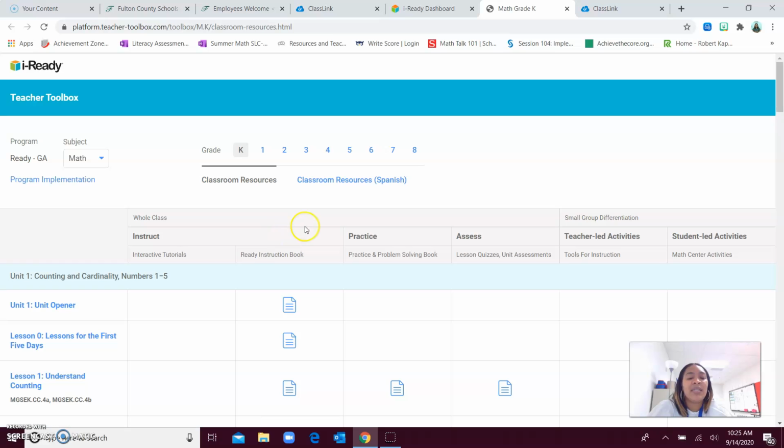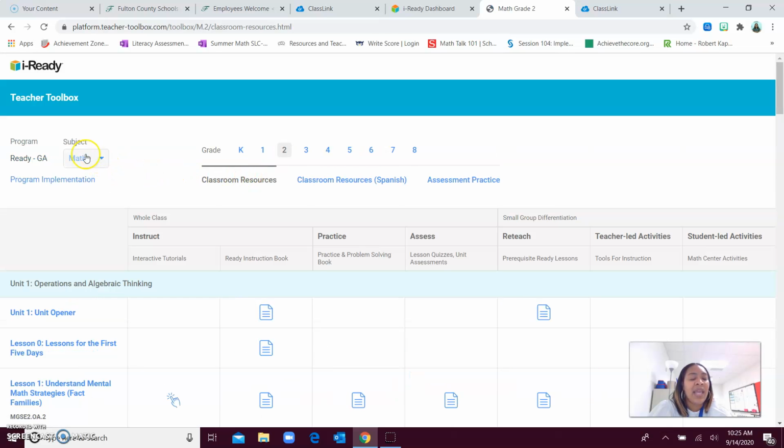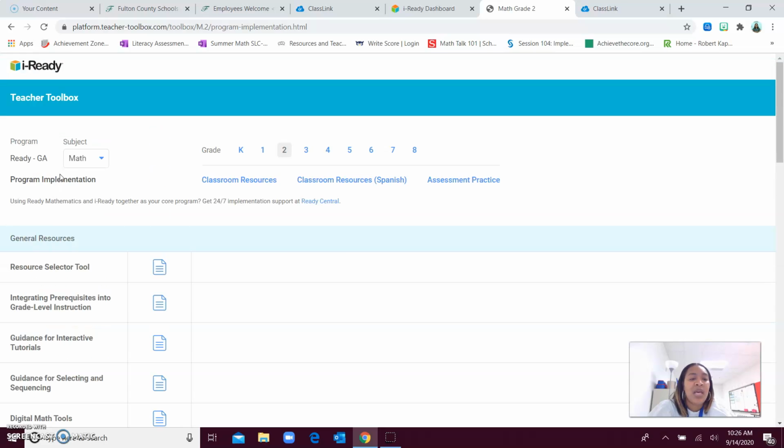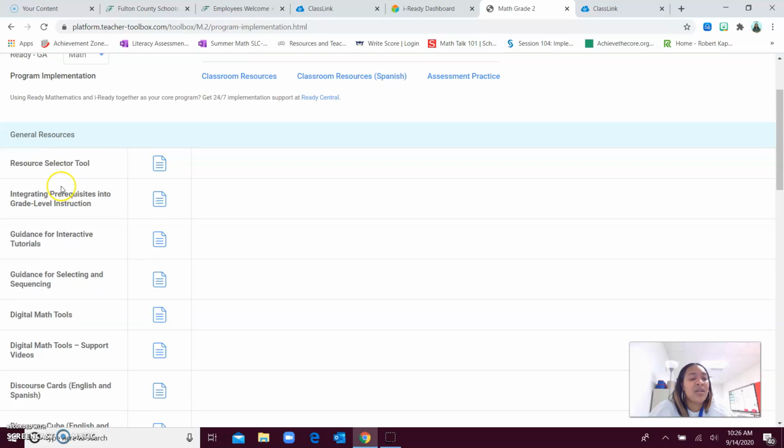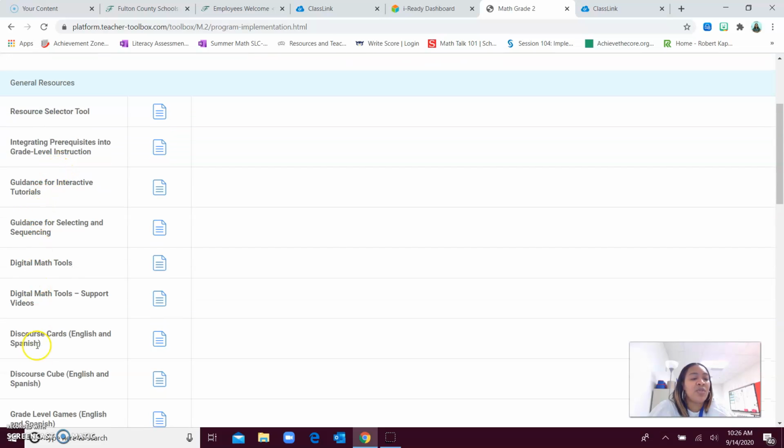So they've updated some things and they've added virtual manipulatives. So you choose your corresponding grade level. So I'm just going to shoot for second. And you're going to make sure you're in math, your subject, and then you're going to click on program implementation. So once you click on program implementation, you get a list of resource tools, and one of those resource tools